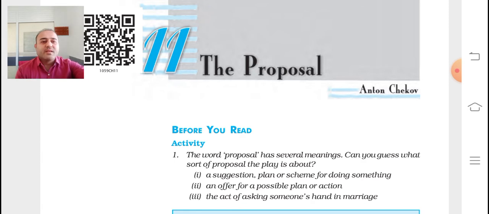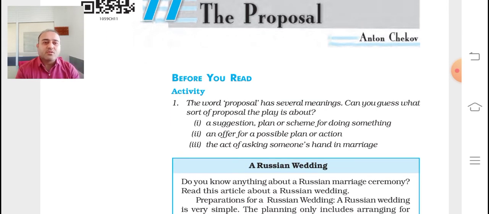The word proposal has several meanings. Can you guess what sort of proposal the play is about? That means the writer is asking about this chapter. Okay, so there are three options: a suggestion, plan, or scheme for doing something. That is also a proposal. An offer for a possible plan or action. Okay, that is also a proposal. And the act of asking someone's hand in marriage. Right, so for this chapter, option 3, the act of asking someone's hand in marriage, right? This is the meaning of the title, the proposal. Okay,